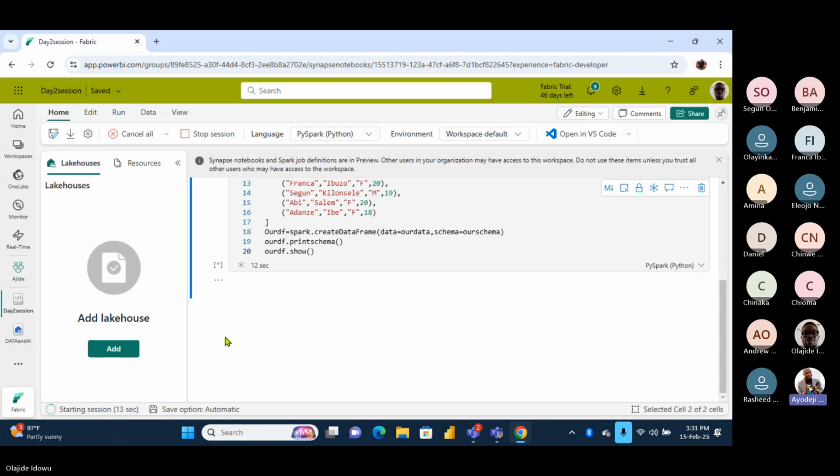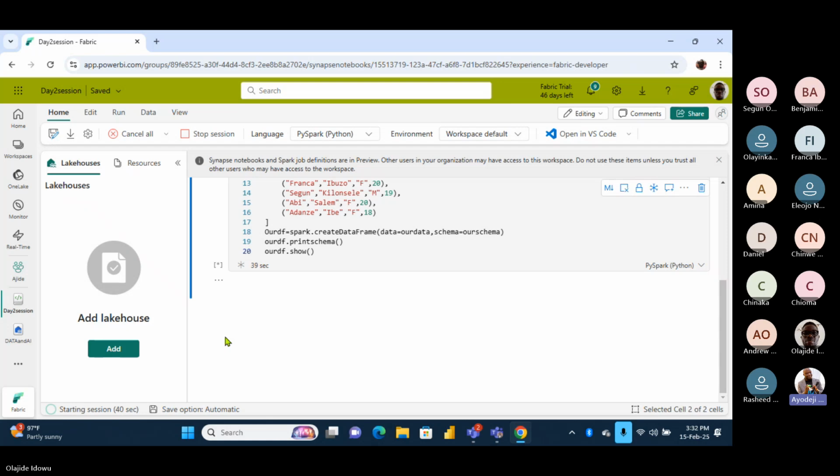The reason is that it's just setting up the node or the cluster. If you look at the top, you will see stop session, cancel all. I'm not canceling, I'm just telling you what's up there. Starting session, 33 seconds, 34 seconds. Fantastic, it's just starting up the session.